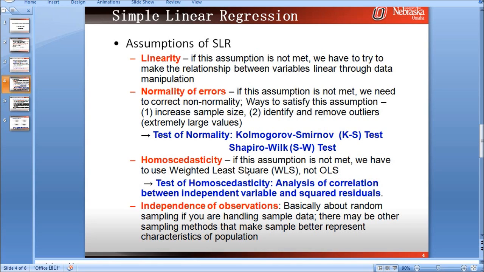We are gonna conduct a test of normality of errors called Kolmogorov-Smirnov test and Shapiro-Wilk test. I'm gonna just call it KS test and SW test. Okay?